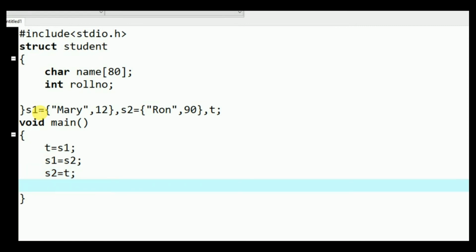Okay, now you just print this. Whenever you want to access the variables that are mentioned inside the structure, you mention it like s1 dot name, s1 dot roll number. So if you want Ron and 90, s2 dot name and s2 dot roll number. So you have to print it now. So printf the swapped structure